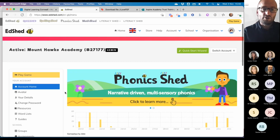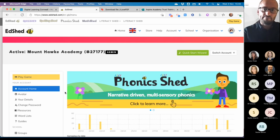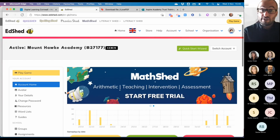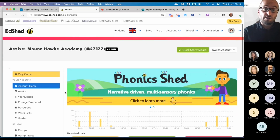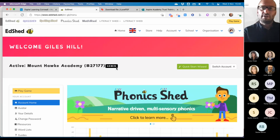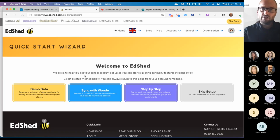While it's perhaps not the easiest system to navigate around, I think it's developed well over the last couple of years, and there's pretty much everything in there now for administering these spellings to the class. I'll just get this one out of the way: if you are setting up Spelling Shed, it's got this quick start wizard here now, and you've got different steps for